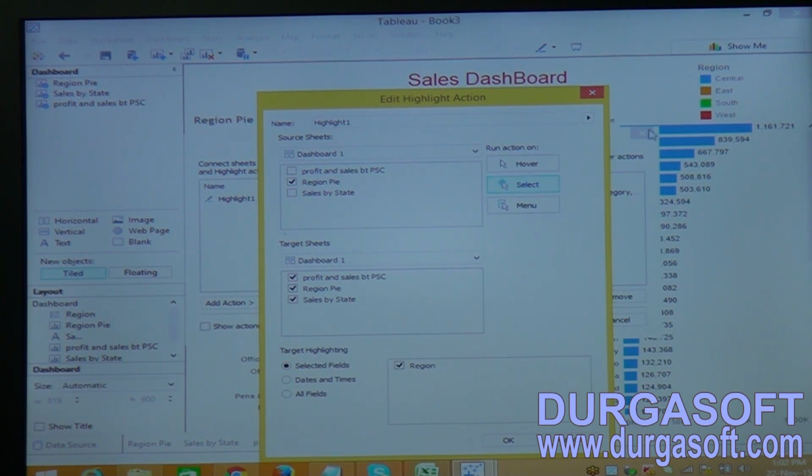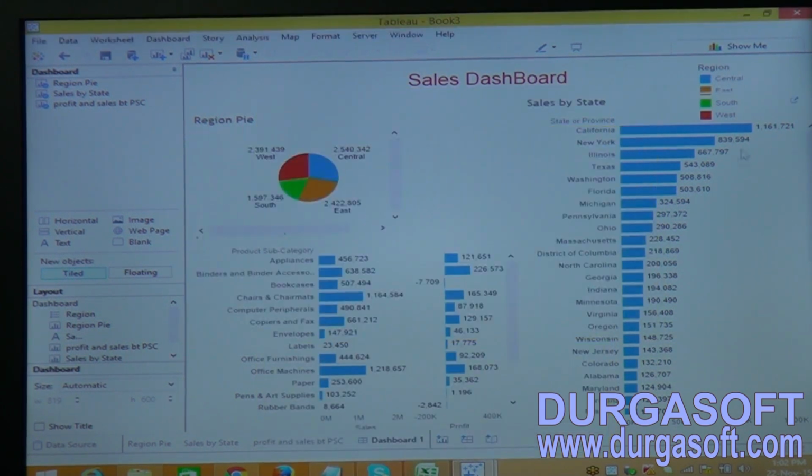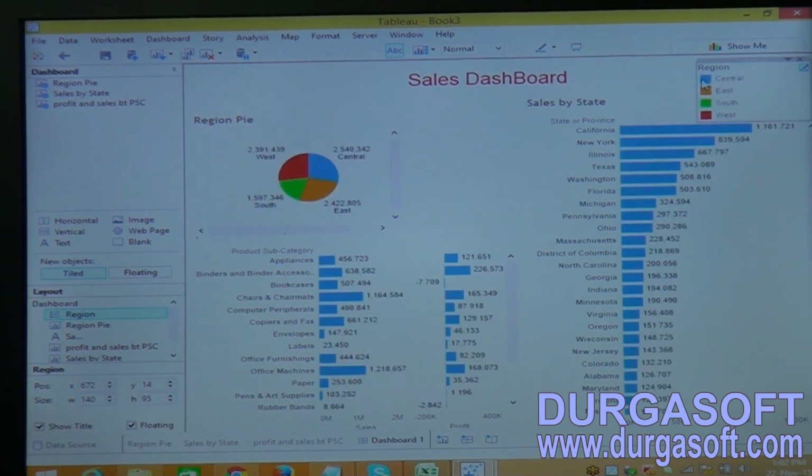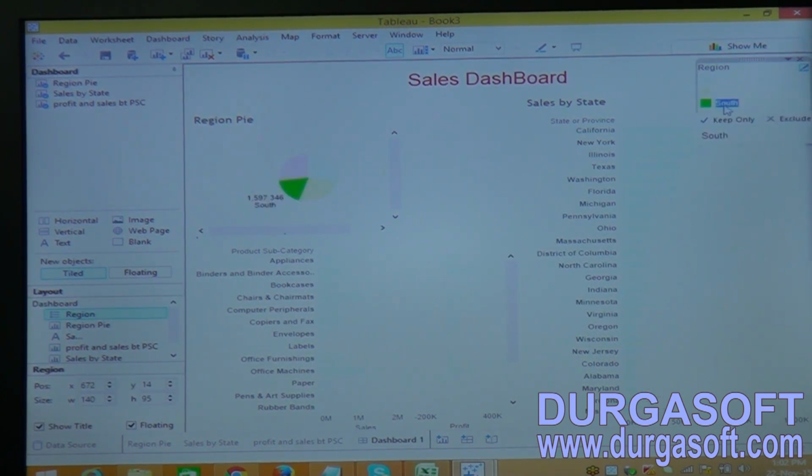For region we have only one highlighted field, which is regions. So select this, now click OK. Now see this, so this is some other way to create the highlighted actions.